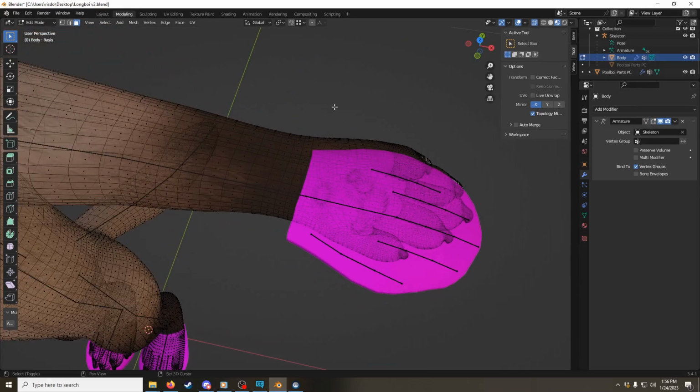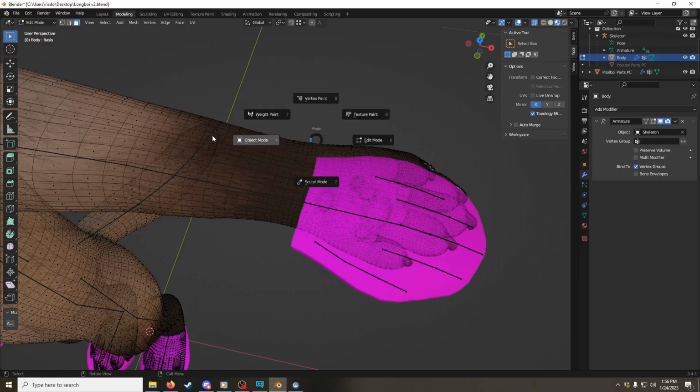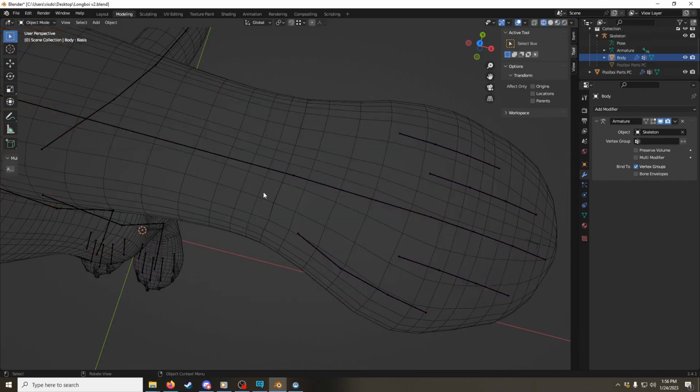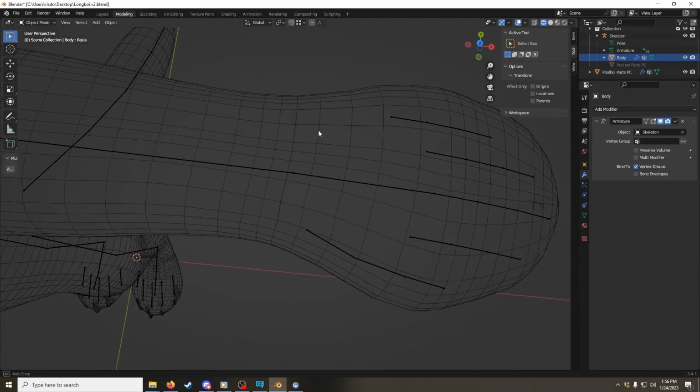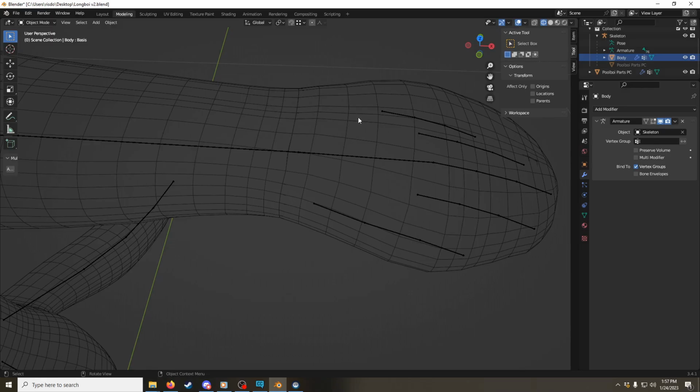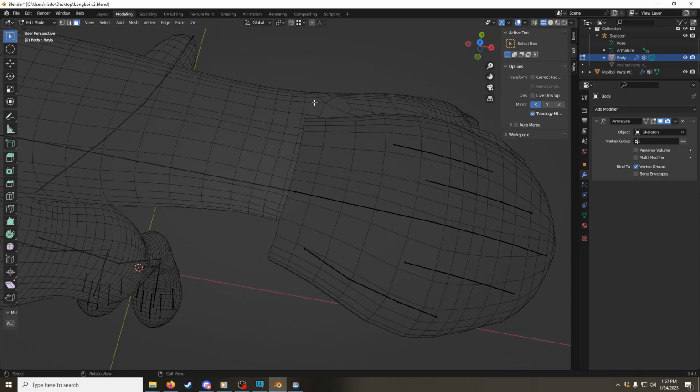So just press Tab and you can switch between object mode, and let's go here to wireframe view. It's a bit hard to see, but you see this line right here. On this side is the Longboy, on this side is the Poolboi hand. So go into edit mode, and we want to select that one that's right